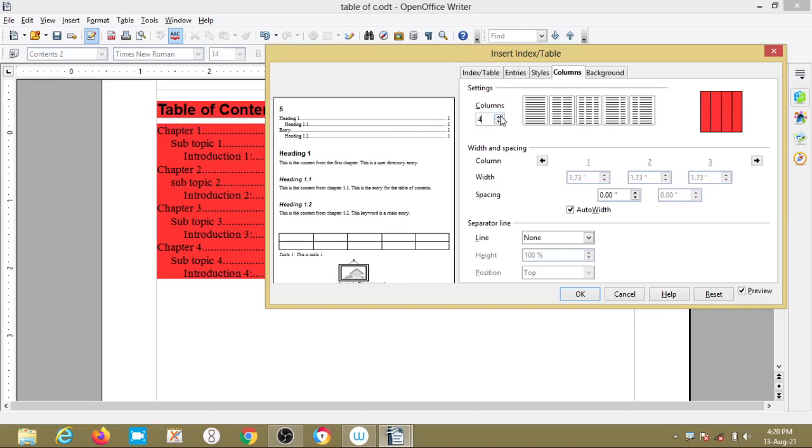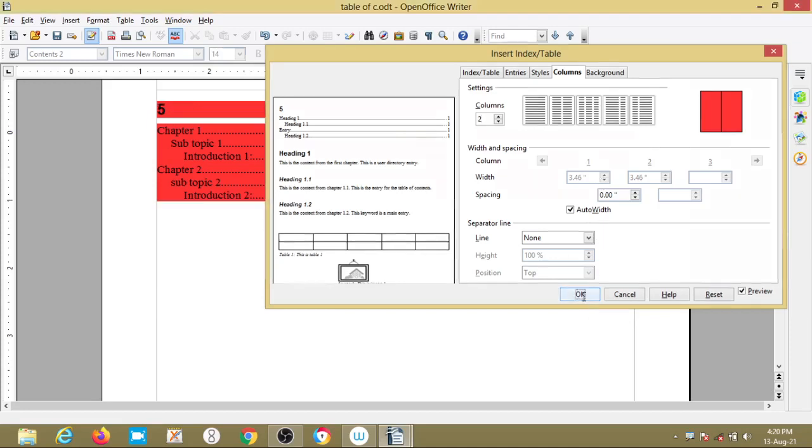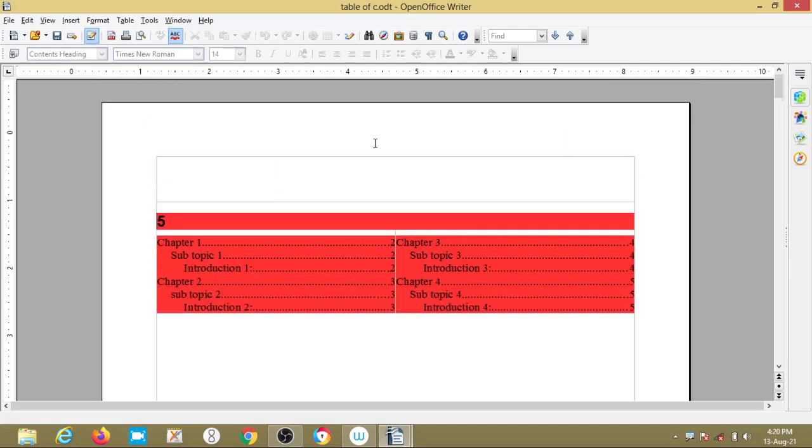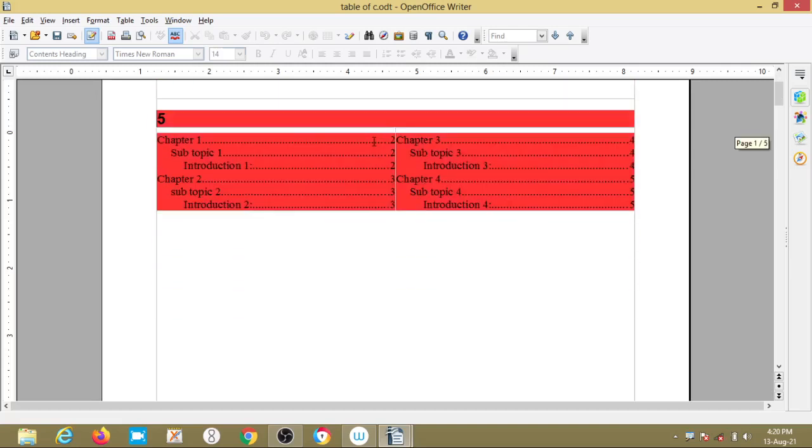So I want only 2 columns. Width, okay, we will see what will happen. After that we can make the changes. So here these are the 2. Where is the table of contents gone?